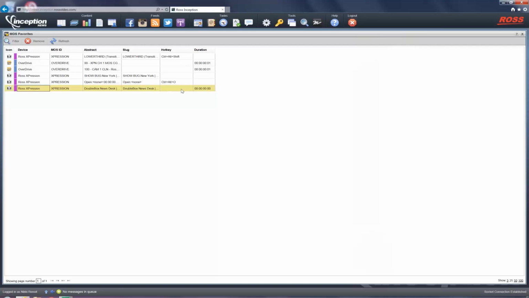So to add this to a script, you could do one of two things. You can assign a hotkey to this MOS Favorite. This is my personal preference when adding these MOS favorites here. These options that you see that are grayed out are options that are already in use. They are hotkeys that are not available to us for this MOS favorite. I'm going to go ahead and use the Alt-P hotkey for this MOS favorite,